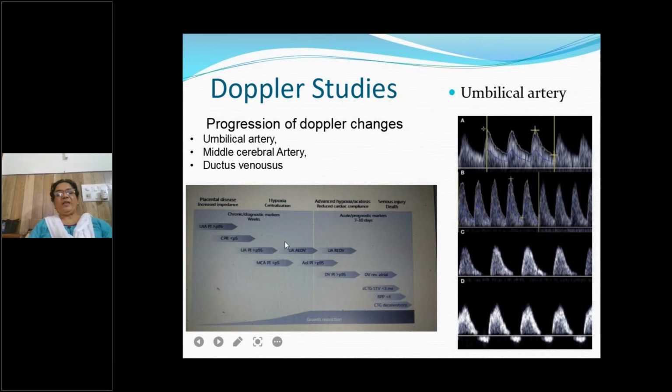When there is severe fetal hypoxia, it doesn't remain confined to compromising only the cerebral blood flow. Then there is a systemic response in the fetus. There are signs of acidosis, metabolic acidosis. And in that situation, the last blood vessel to be affected is the ductus venosus. So normally when we monitor the pregnancy, we monitor only with the umbilical artery and the middle cerebral artery. Ductus venosus is done only when the umbilical artery shows reversal or absence of blood flow. Is it clear now?